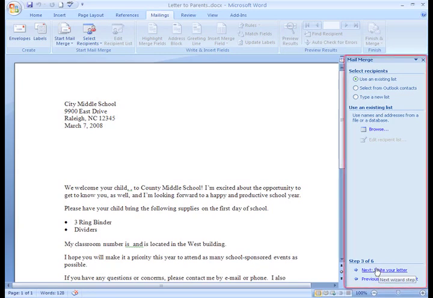Now we have to decide who the recipients are and whether we are going to use an existing list, pull from our Outlook contacts, or create a new list. Existing list is chosen by default. If you want to use an existing spreadsheet or database with information, you can click Browse and then locate that file on your computer. If not, you may want to create it in Word. To do this, just select Type a New List